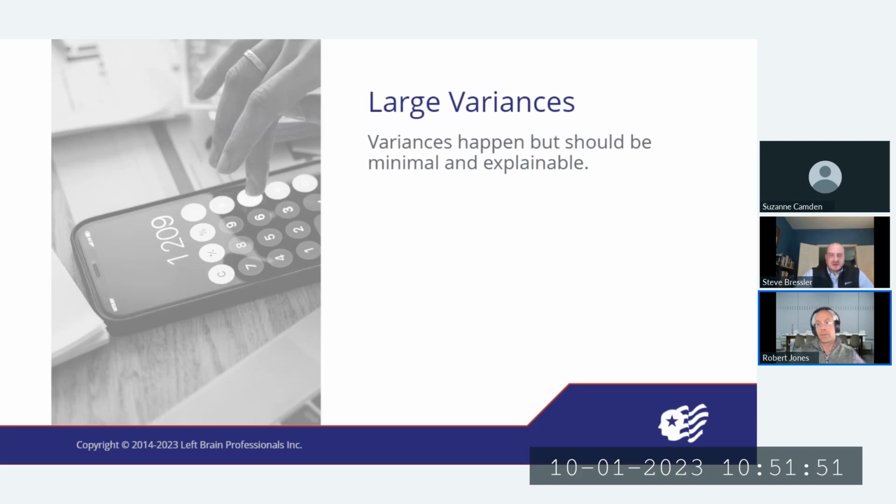I'm going to note here large variances, but I'm going to talk about some small variances in a moment. The accountant in me, I think Steve, Suzanne, we're all kind of the same. In the perfect world, everything would tie out to the penny. And boy, we love it when it does. Steve will sometimes tell me, I just worked on this reconciliation and it came out to the penny. And those are good days. We love those days. Unfortunately, that doesn't happen a whole lot.